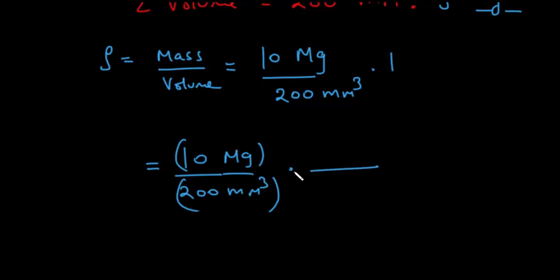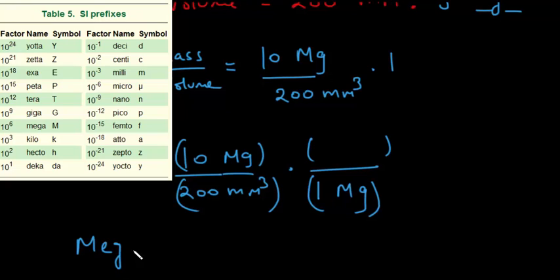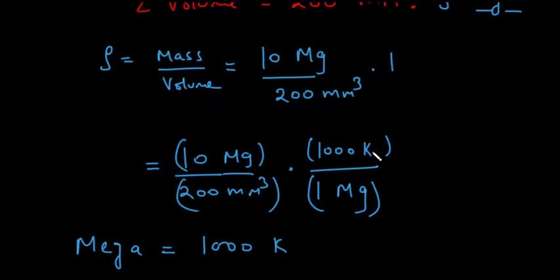We first divide by this unit, 1 megagram, and to balance it out we must write the unit which is required by SI units, which is kilogram. So if we want to convert 1 megagram to kilogram, mega is 1000 times of kilo. You can check it in the prefixes. So it's 1000 kilogram, okay,